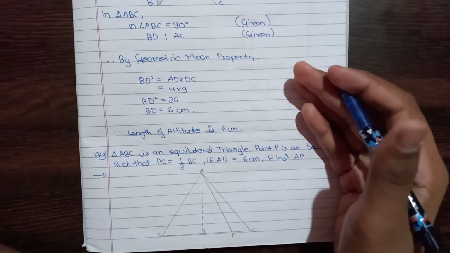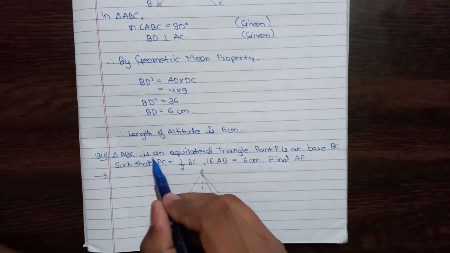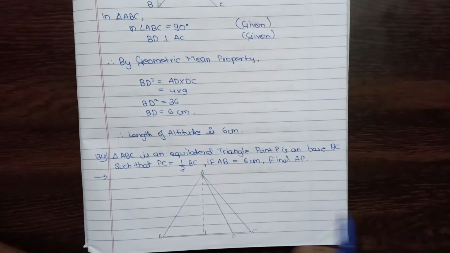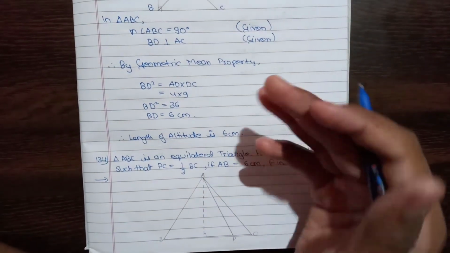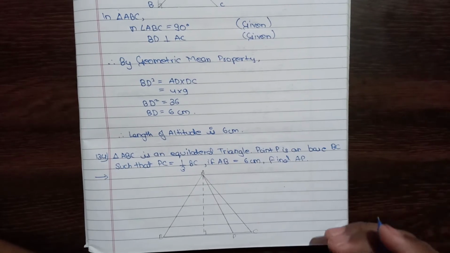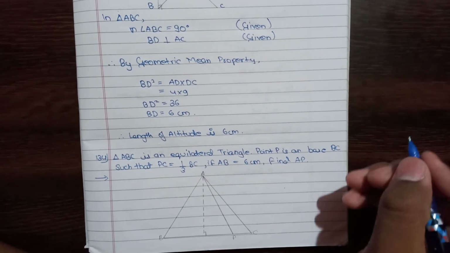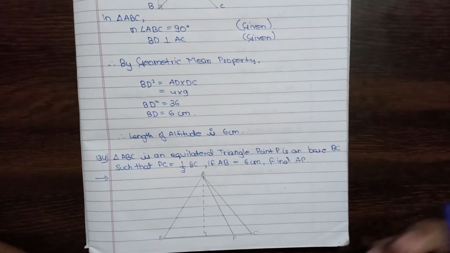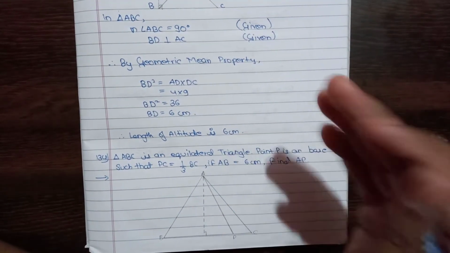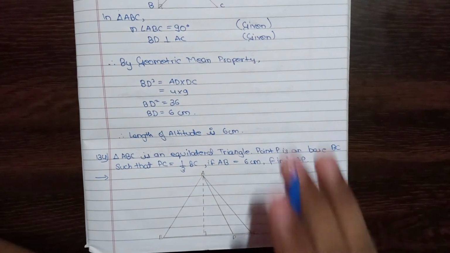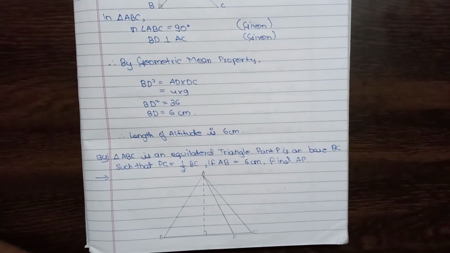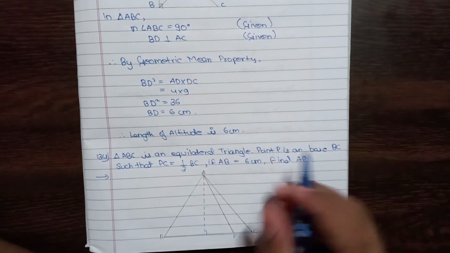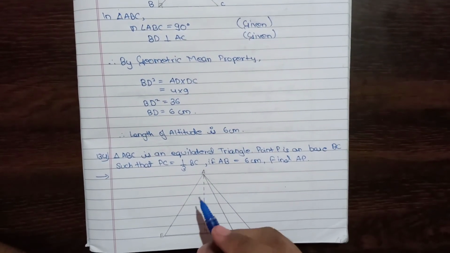So our very next question is that triangle ABC is an equilateral triangle. It is given that triangle ABC is an equilateral triangle, and I also would like to add a point that an equilateral triangle refers to a triangle whose each angle is 60-degree, means each angle is equal and the whole sum equals 180-degree. So if each of the angles is 60-degree, then the total comes to 180-degree. So triangle ABC is an equilateral triangle.